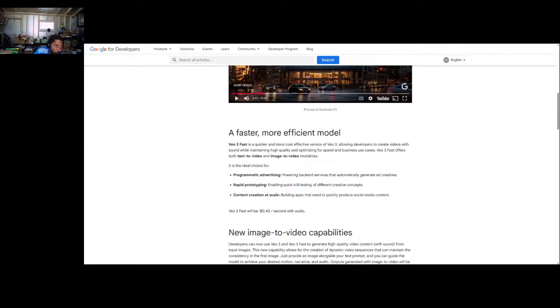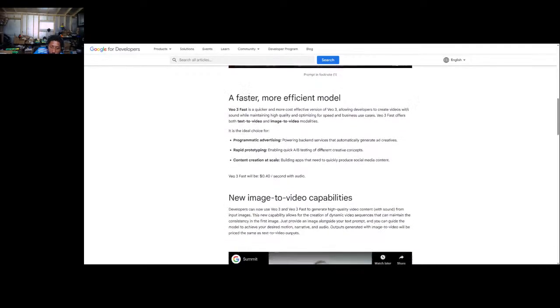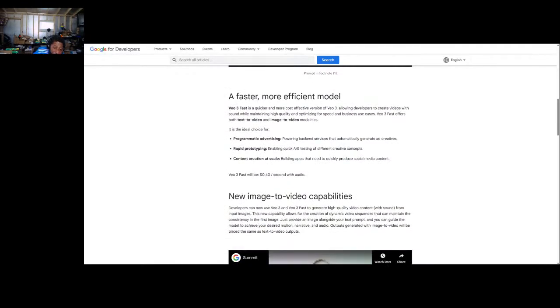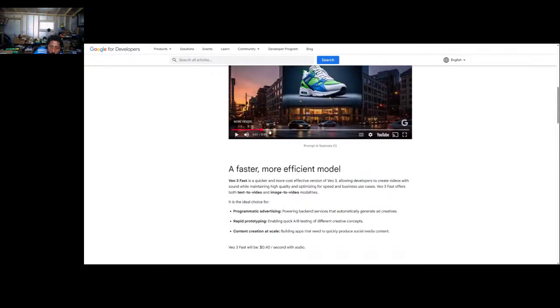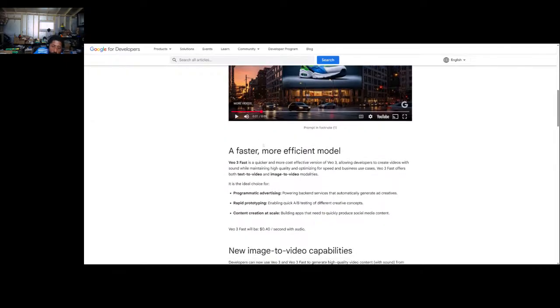You can create a flyer and then be able to kind of animate it. That's pretty dope. So VO3 will be 40 cents per second with audio. So this thing here is 9 seconds. And so at 40 cents a piece, that's like $3.40 seconds, and it had audio in it. So yeah, so it's like